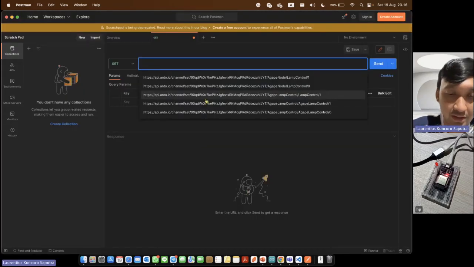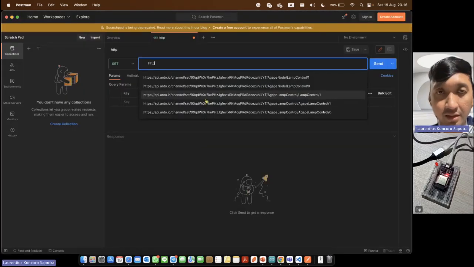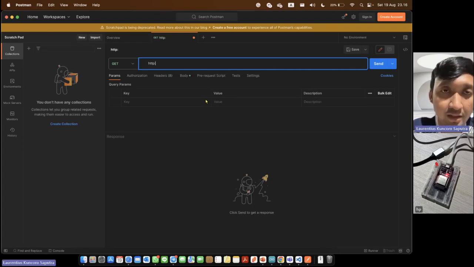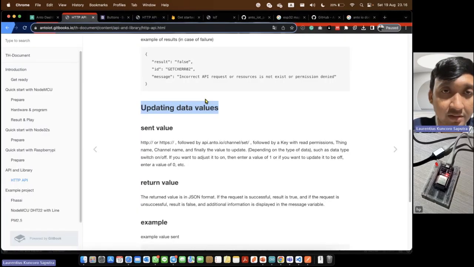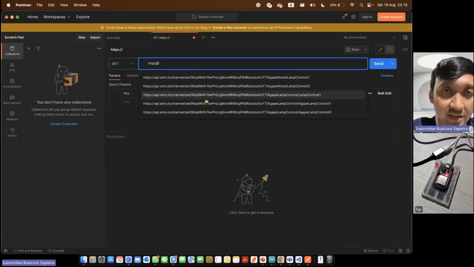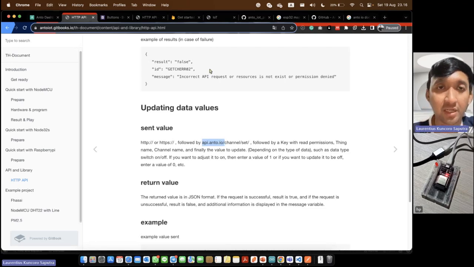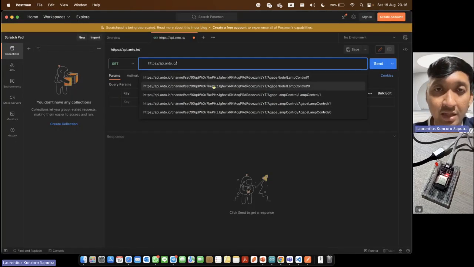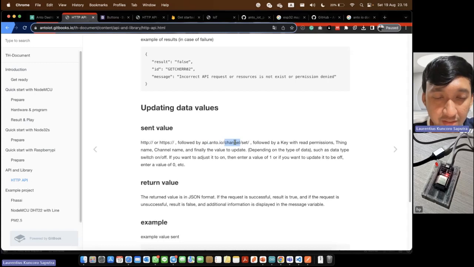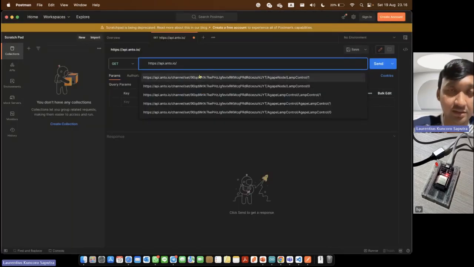Start using HTTP and/or HTTPS, followed by api.anto.io, followed by /channel/set. Okay, this is a fixed value, channel set.